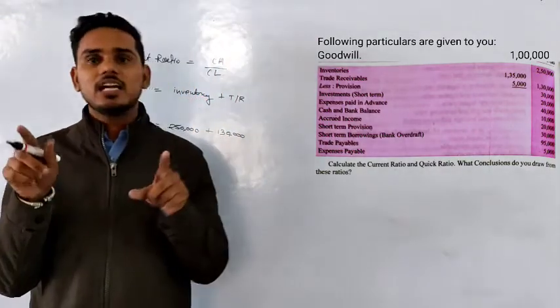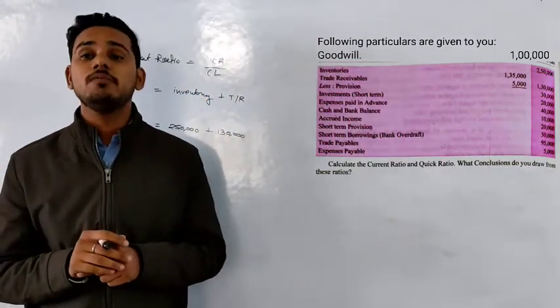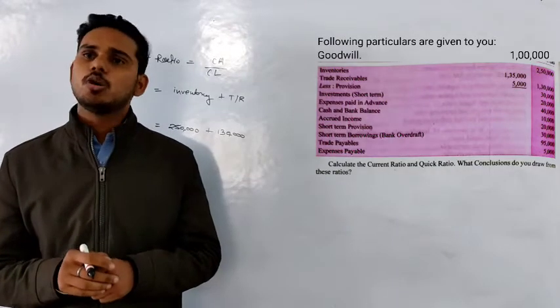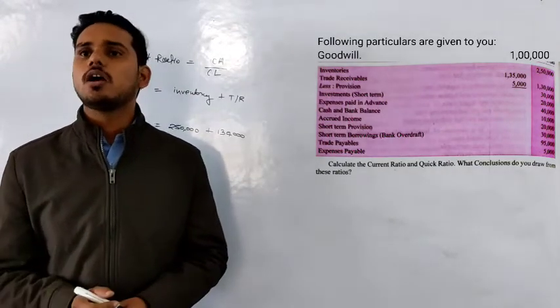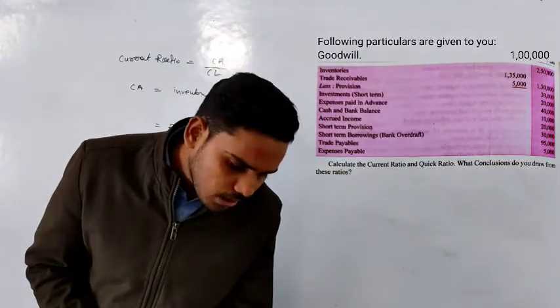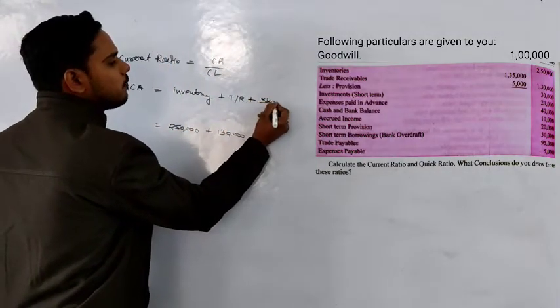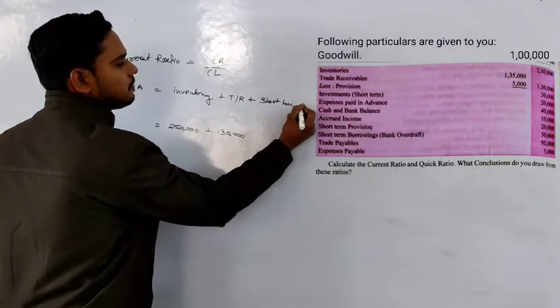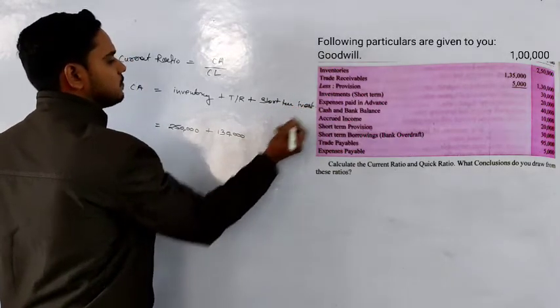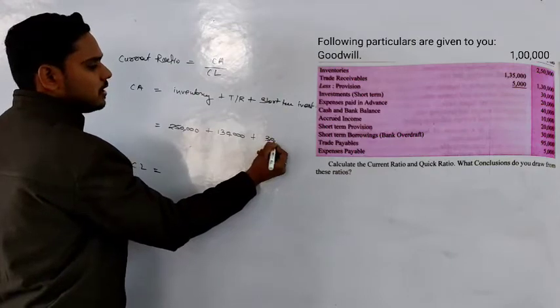Then next one is our investment, and that is written in bracket as short term. Let's suppose if that bracket information is not given as short term, then we will ignore that investment, because if nothing is mentioned, that is long. But here it is mentioned that it is short term investment 30,000. So we can write here as short term investment, right? And that is how much? 30,000. Yes. Write 30,000 here.